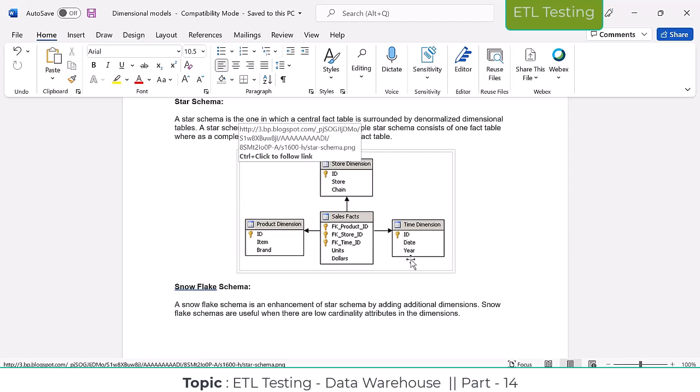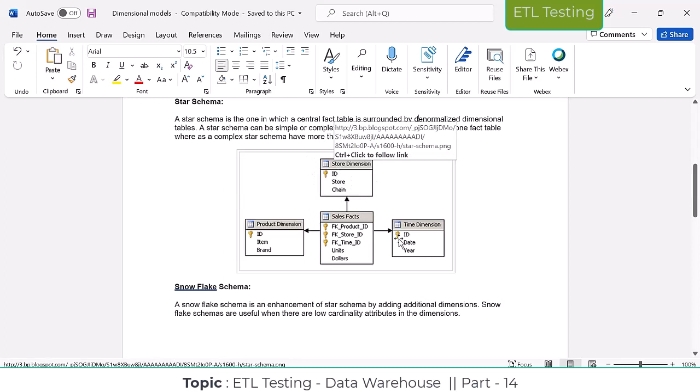These all are attributes, which we call dimension attributes. These are the keys, which we call business keys, guys. You can remember the terminology. In the dimension table, whatever IDs or keys are there, each represents a unique value. Those we call business keys. Other columns we call dimension attributes.